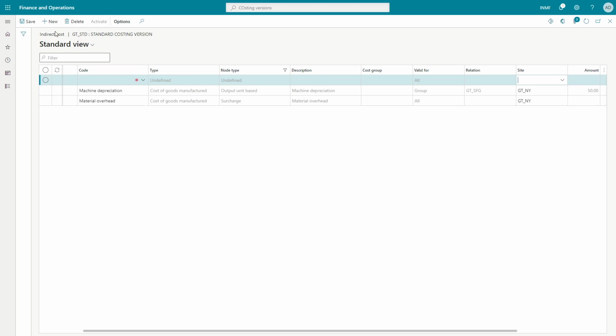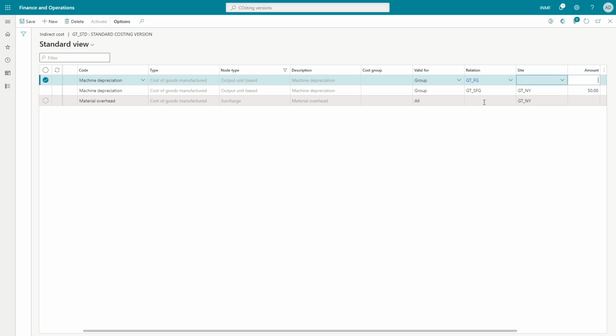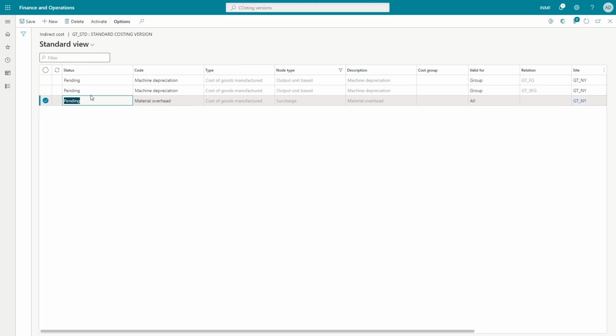Okay, then machine depreciation group, when we are manufacturing GTFG in GTNY site, load 40 rupees per piece. For this overhead,